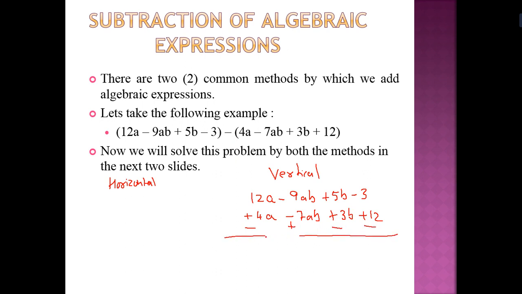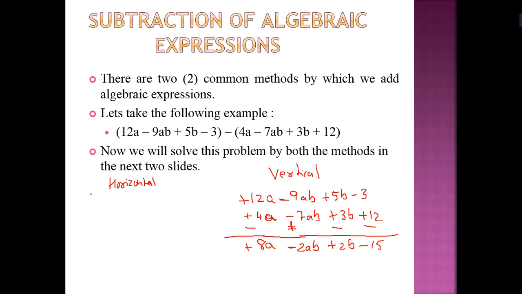Now we have to simplify. All are like terms. So plus minus, here now it is minus. So here it is plus, plus minus minus, that is 8a. Again here it is minus, here it is plus, again plus minus minus. So 2ab, but the bigger term is negative, so I have to put a negative sign. Here the bigger term is 12, so I have to put a positive sign. Again plus 5 minus 3, that is plus 2b. Now here it is the same sign, minus 3 minus 12.